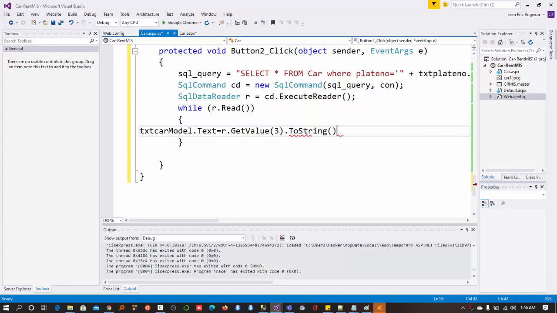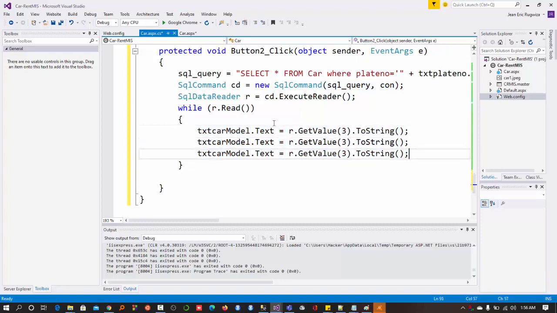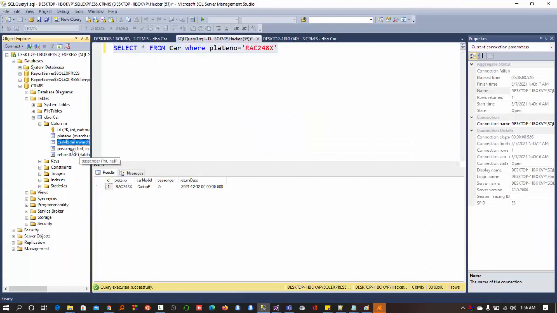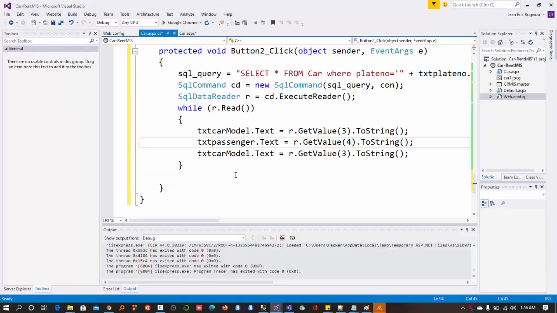So other than having this one, I will be having this for passenger. The text is good to go now. Then after this one, I will be having 6, 1, 2, 3, 4, 5, which is return date. Okay, return date to be